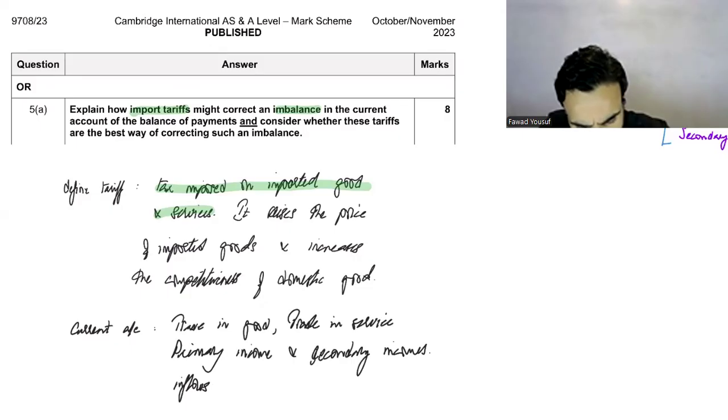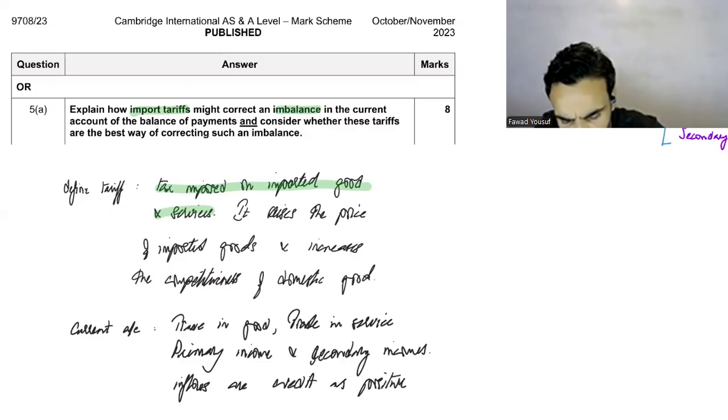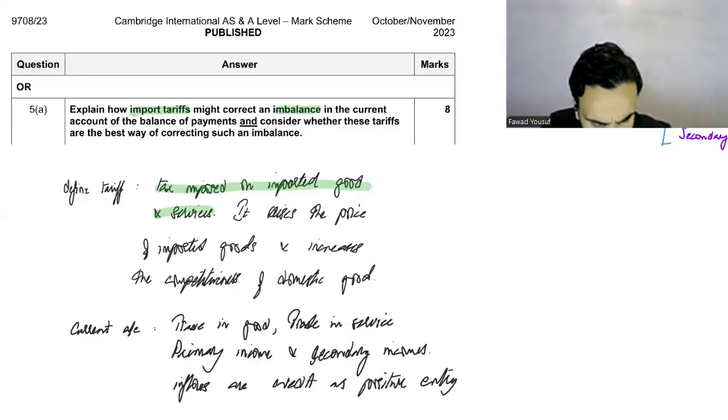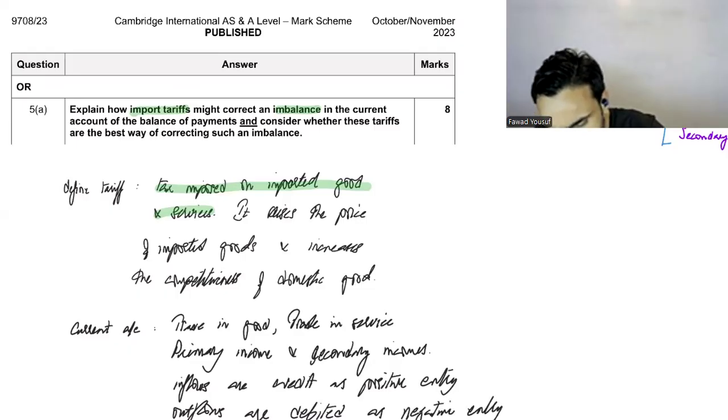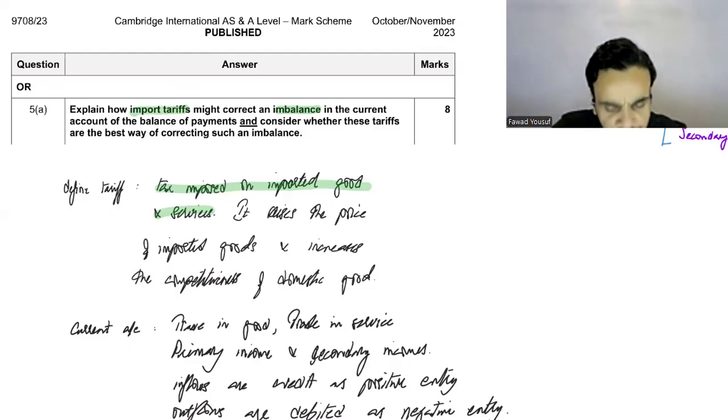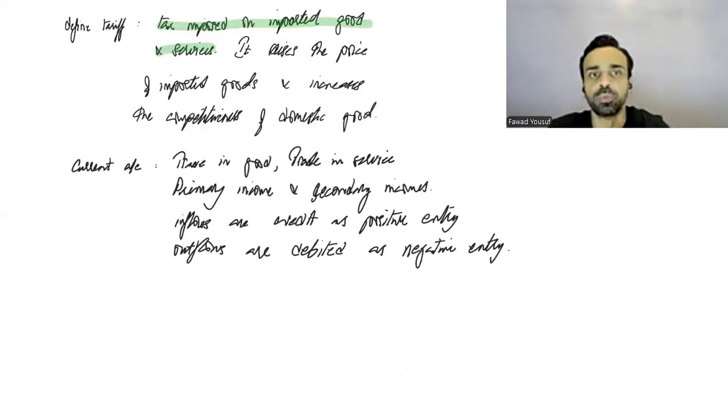Inflows are credited as positive entry. I think that would be a fair discussion. And outflows of money are debited as negative entry. I think इसके बाद अगर मैं डेफिसिट और सरप्लस को समझाने जाऊं तो I think that will be much more clearer now. क्योंकि imbalance लिखा है तो imbalance को